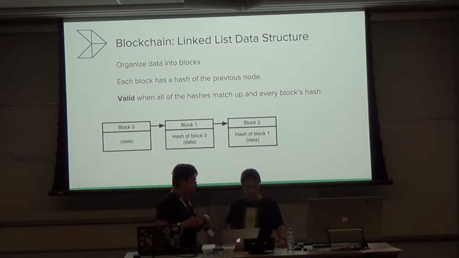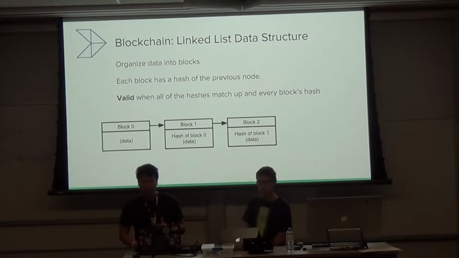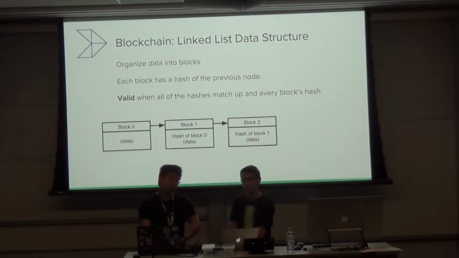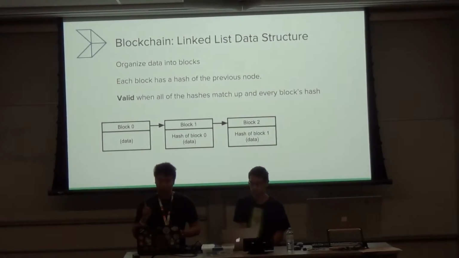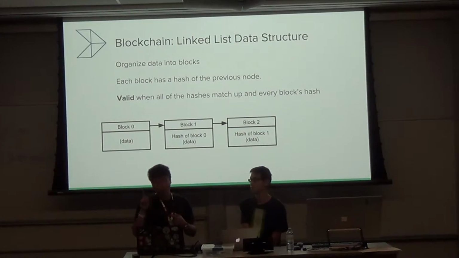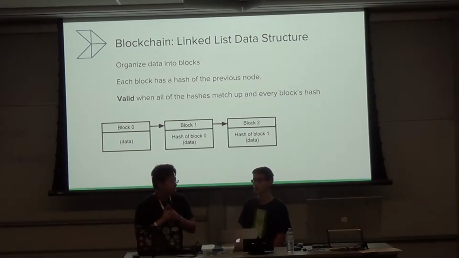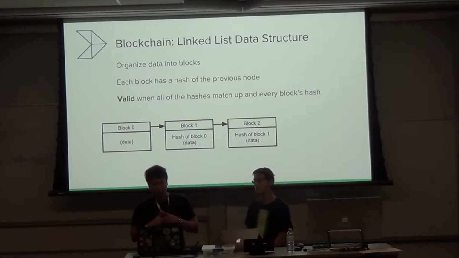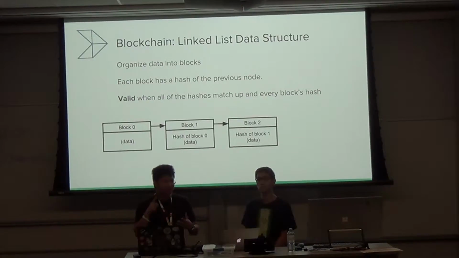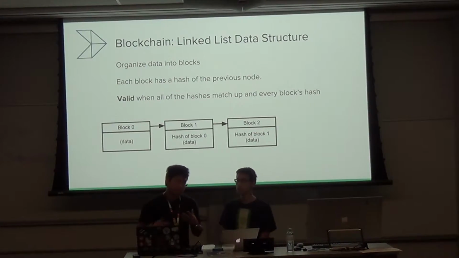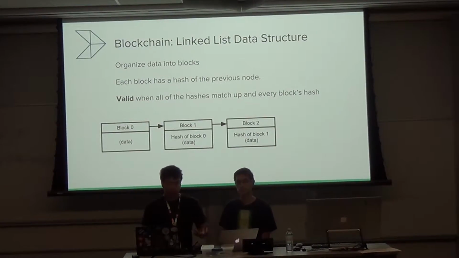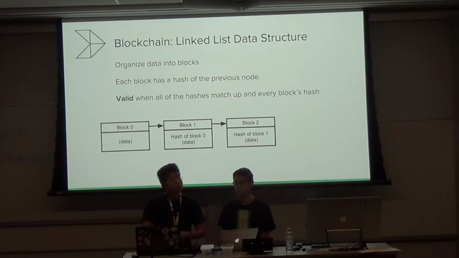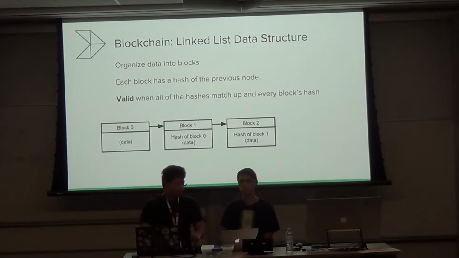A blockchain is a linked list where each node has a cryptographic hash of the previous node. So what's a hash? A hash is a way to summarize data, like a fingerprint for a person. Two people are very unlikely to have the same fingerprint, and that fingerprint kind of uniquely identifies the person. This is not a very rigorous explanation, but we'd be happy to explain more afterwards if you're interested. Concretely, a fingerprint in our example is a 256-bit string of ones and zeros.